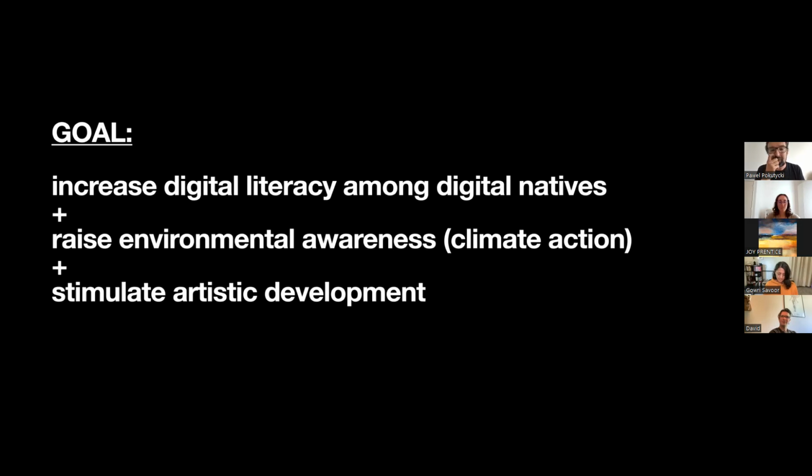Then the second point is raising environmental awareness for potential climate action. Well, you could again say, why combine it with the digital technologies? Maybe what we should do is leave this behind, go in the forest, at the beach, into the mountains, and go back to the analog, right?